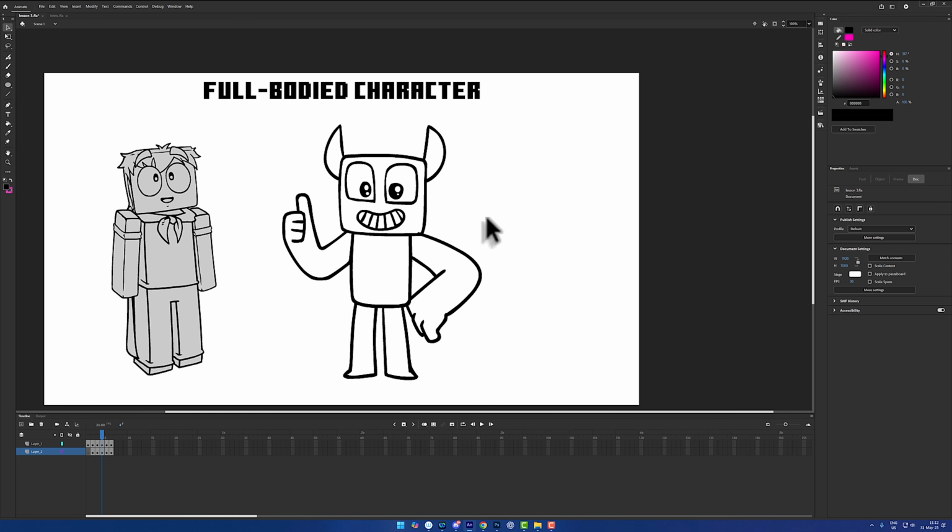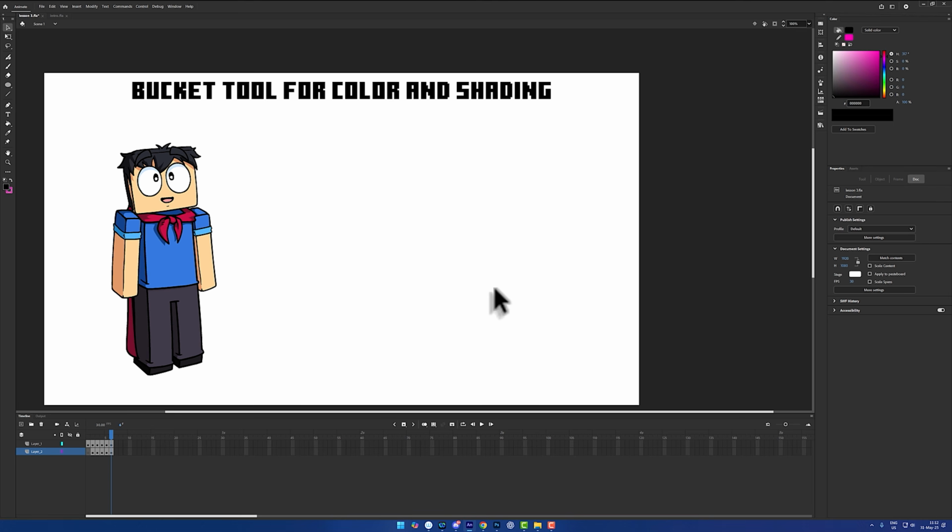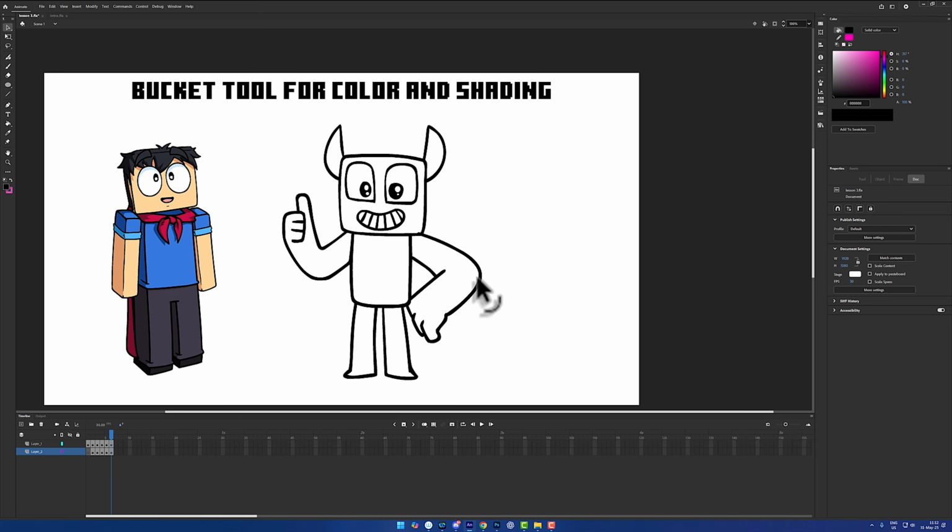Just a little thing. All right, cool, done. Who cares? That's just a regular drawing. Black and white, nice. Now let's use the line tool. We could just straight up color this character, just plain. I don't recommend doing this if you plan on shading it, but if you do want to just go and